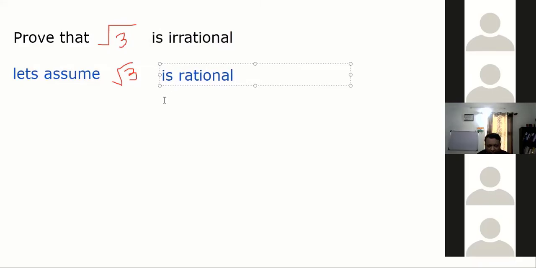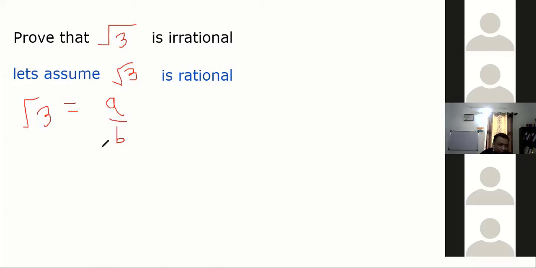अगर root 3 rational है तो it means it can be expressed. अभी हम बात कर रहे थे, अगर rational number है you can express in the form a by b, both a and b integers, right? It means I can write root 3 as a by b where both a and b are integers and say co-prime, because common factors काट दिए, we simplified it. So clear है, a and b are integers and co-prime. So root 3 equal to a by b.